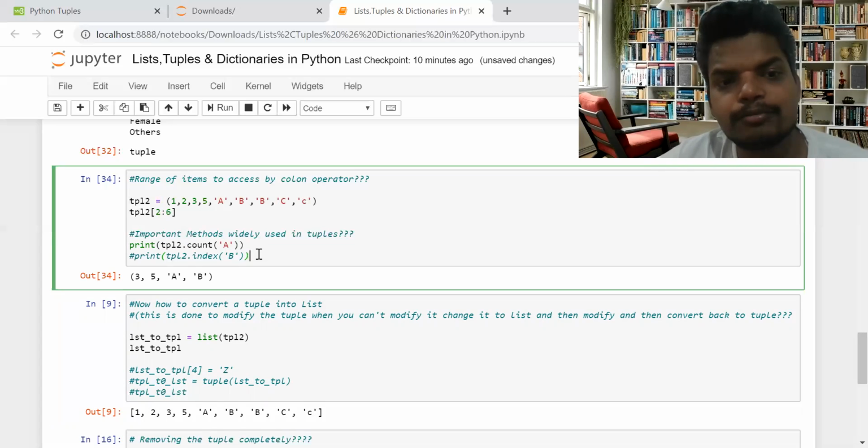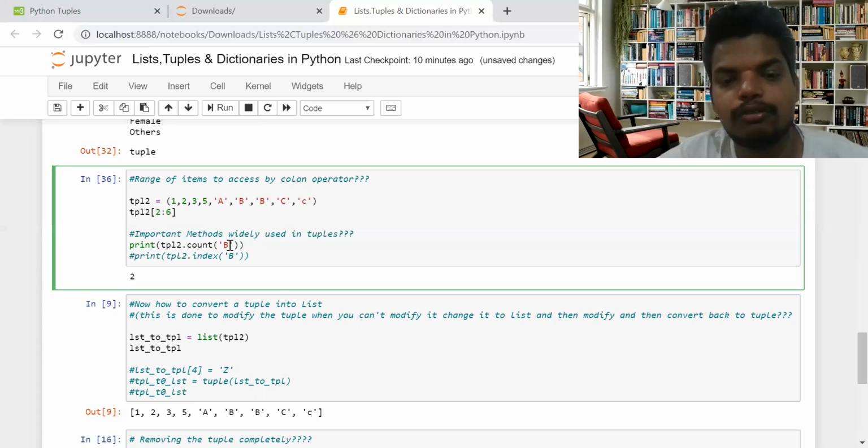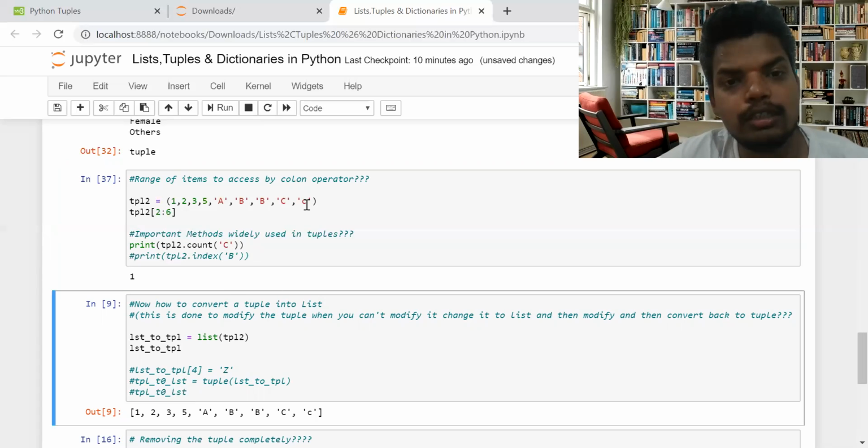Let's check for B, which appears two times, where one is uppercase and one is lowercase. Let's see what it shows. See, it's not counting the lowercase. Uppercase and lowercase are totally different within a tuple. Note that in Python programming, uppercase and lowercase do matter while writing code.